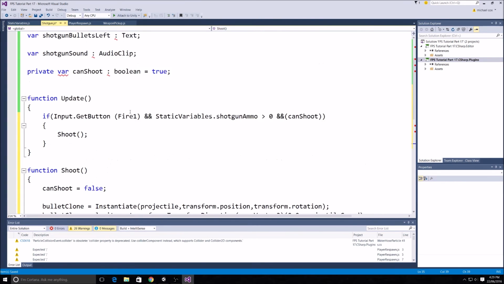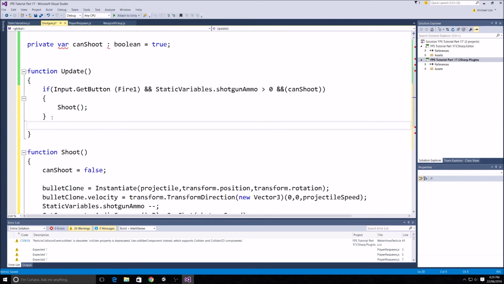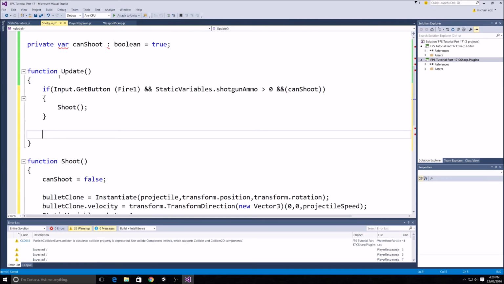Hang on, we also need to make sure that our bullets can be displayed on the screen. Of course, I haven't done that, so maybe we'll do it underneath here. So it's in the function update. Make sure you don't go out of the function update brackets. Just underneath the shoot function that we called, we will do it here and just do another if statement and say if